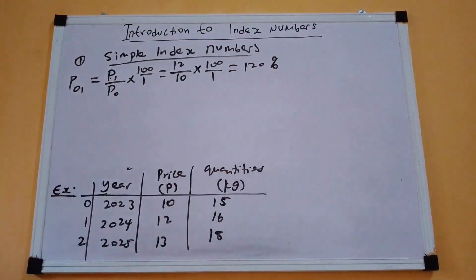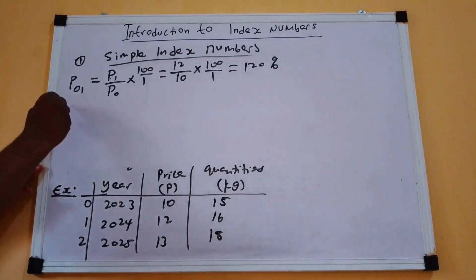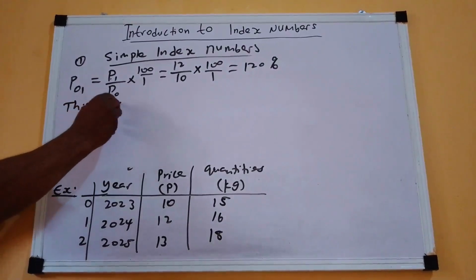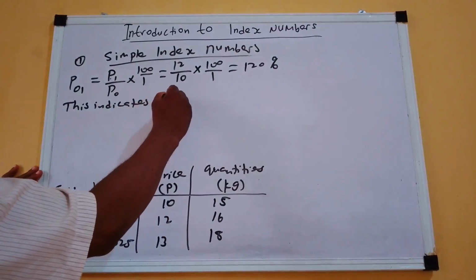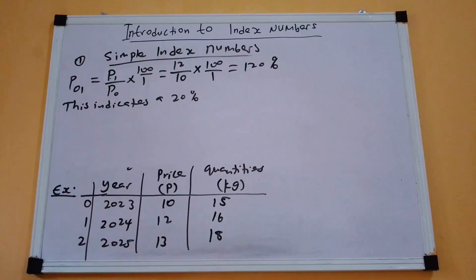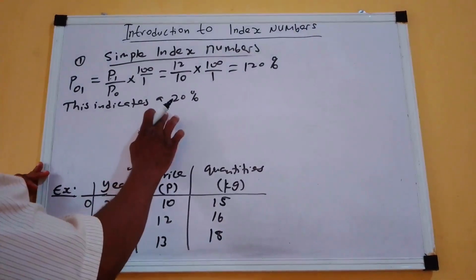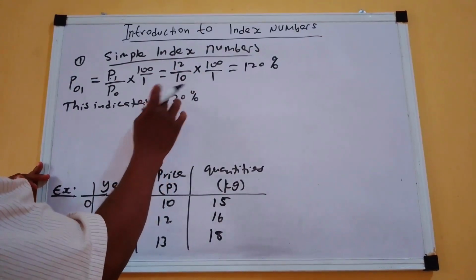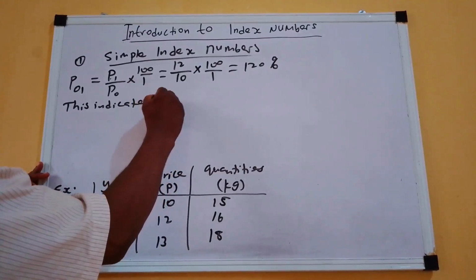You can see how interesting it is. So now we have to interpret. This indicates a 20% change, because 120 is 20% above 100. So you interpret it on the level of 100%. If it is below 100%, for instance if you calculated 80, the difference between 80 and 100 is 20%, so it has reduced by 20%. So this indicates that the price,